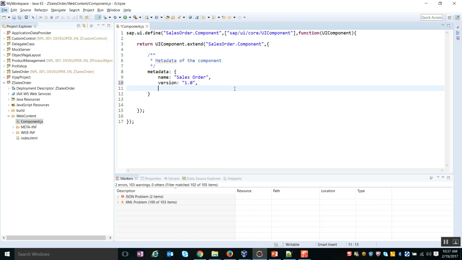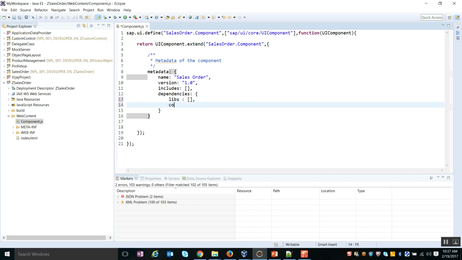Then I'm going to specify the includes that I want to use, which is going to be an array value. And then I'm also going to specify the dependencies that I have with other components, where it is going to be an object where I indicate the libraries that are dependent to me and the components that are dependent to me.